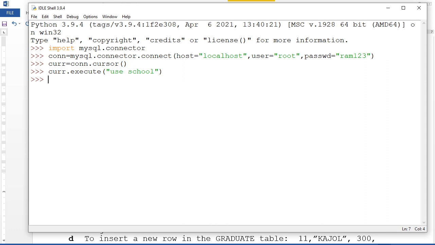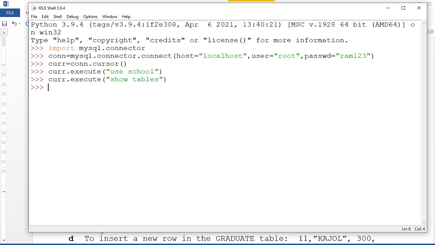Understand? Now, according to the habit and behavior that I taught you, you want to see how many tables are there in the school before creating this graduate table. Let me check whether the table is there. What will I write here? Show tables. This is not a part of the program we're typing right now, but habit is a habit, is it? So you see, show tables, and then again I'm going to fetch everything here in a variable.